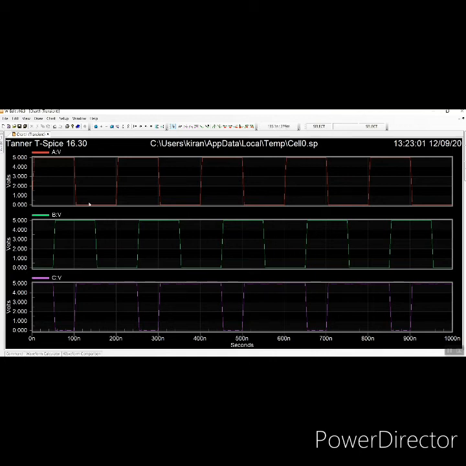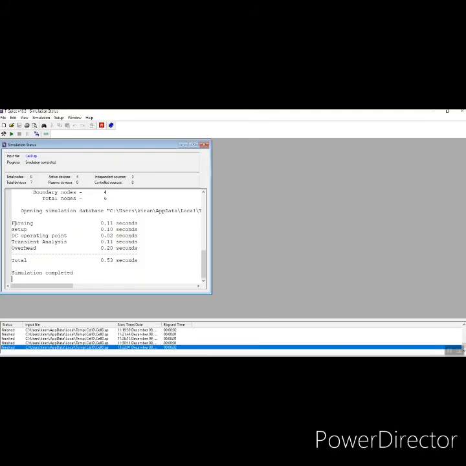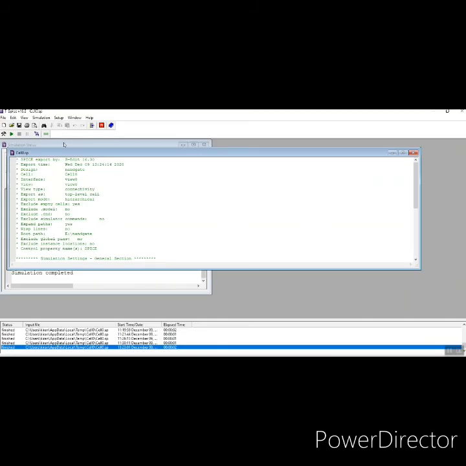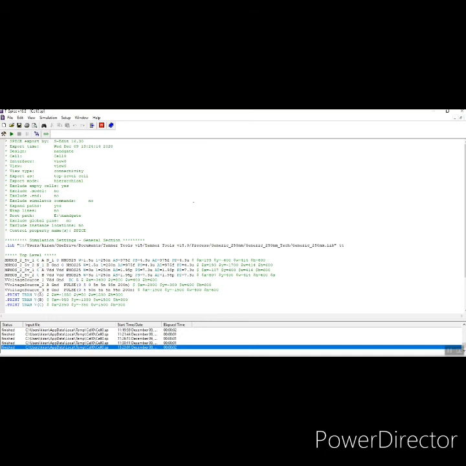Then coming to the power, we need to change a little thing, because in our command window we are getting only these parameters. For getting the power, go to the schematic window, then click this icon, open in T-Spice. A dialog box will appear. This dialog box contains the exact coding for our design. So this is our coding for our NAND design. It contains details of NMOS, PMOS, voltage sources 1, 2, 3, then print details.